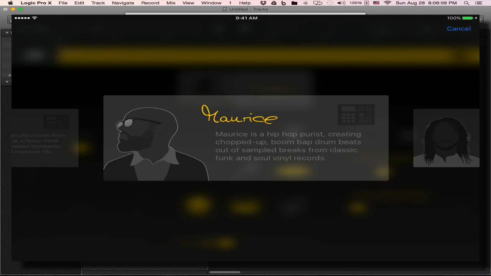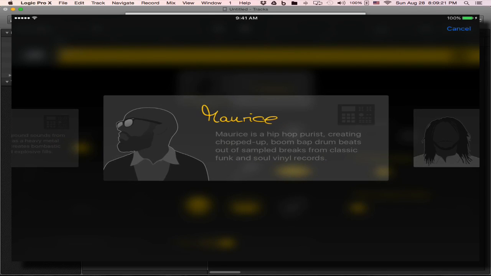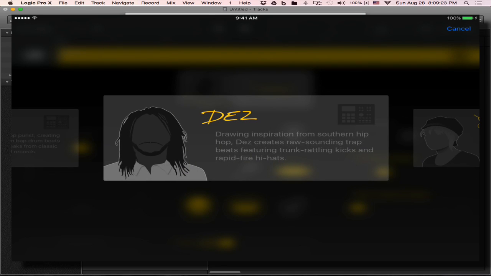more suited for. Like Maurice is more like a hip-hop purist. We would think something like, from what it says there in the description, you're talking about somebody like Jay Dilla, right? The icon even kind of looks like him, just with some glasses. And then if you go to the right or to the left, you're gonna see different types of drummers. So I'm just gonna choose Des for this